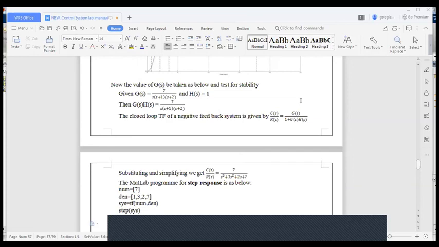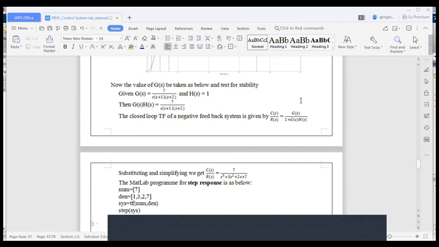So after simplifying, you will get C of s by R of s. For the closed loop transfer function, you have to obtain the step response. So C of s by R of s is the closed loop transfer function, that is equal to G of s by 1 plus G of s H of s. After you substitute the values, you will get 7 by s cube plus 3s square plus 2s plus 7.